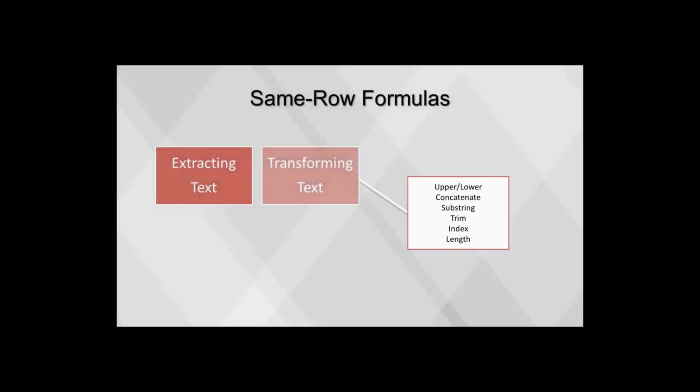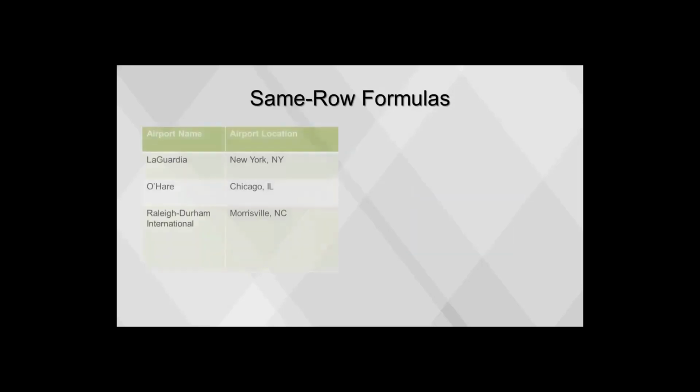These are the basic string functions that almost every software package will include and can be combined to complete almost any string transformation. For the following example, we will use two functions to transform a field that holds a city and state into two fields. To extract city and state from the airport location field, we would need to extract all the text before the comma as the city field and everything after the comma and space as the state field.